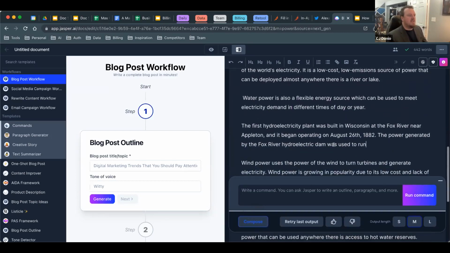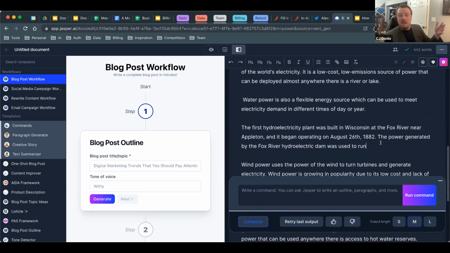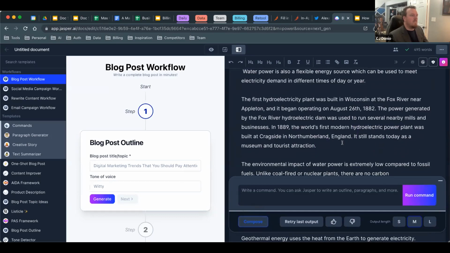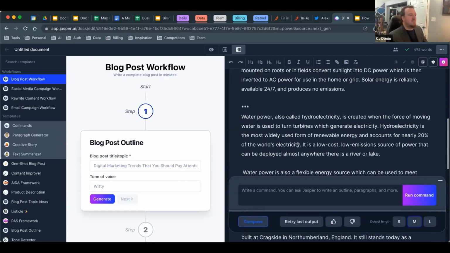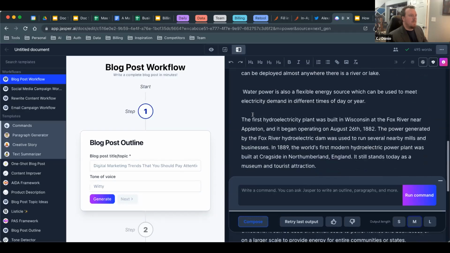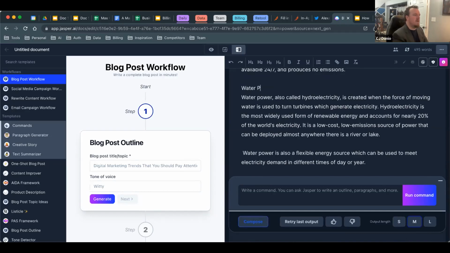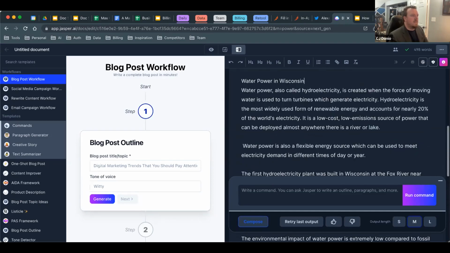Oh, that's kind of interesting. Okay, so he's starting to kind of throw some background on like where water came from, which again, I kind of wanted to incorporate some examples. And by the way, I actually have a few prepared. So let me see here. It still stands today as a tourist and museum attraction. Okay, that's not too bad. Yeah, so again, he gave me a little bit more information on water. And then I can throw in here, let's see, water power, and the 19th century.